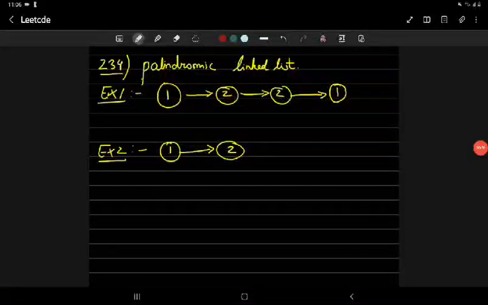Okay, so this is the LeetCode 234th problem, and the problem is Palindrome Linked List: check whether the given linked list is palindromic or not. So what are palindrome numbers? For example, 1 2 1. This is a palindrome number. How? Reading this number from the forward direction and reading it from the backward direction gives us the same